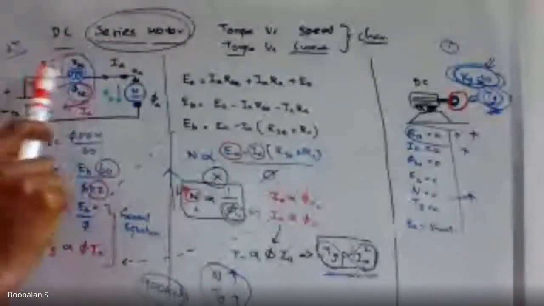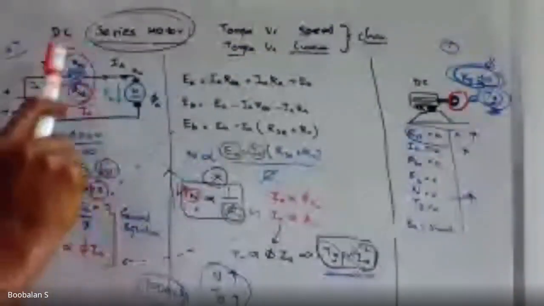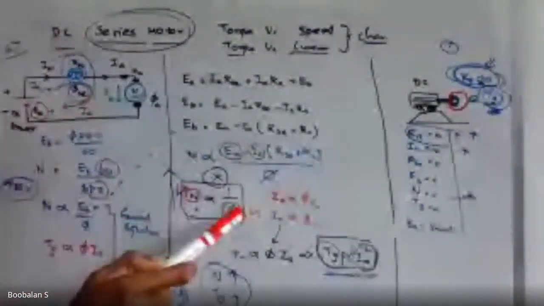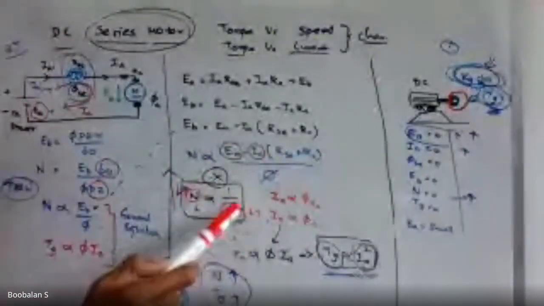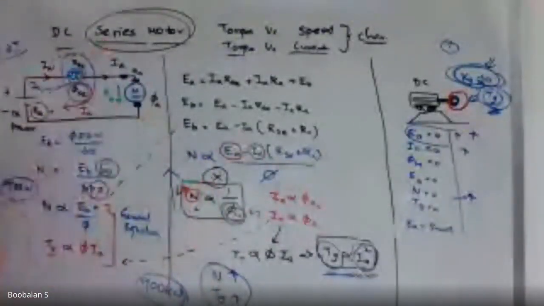The series field coil. So the current has to flow through this, there is no other way. So that's why it is going to introduce more flux lines. So with more flux lines, speed is very low. If the flux is getting low, speed is getting very high. So for example, that 20 kg we talked about, it is nothing.